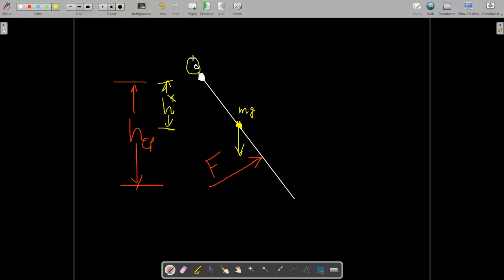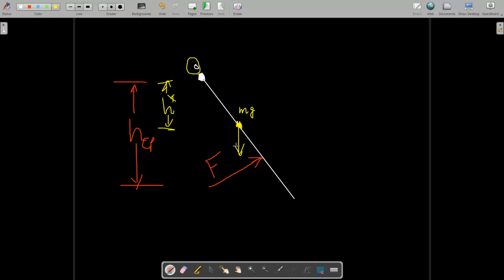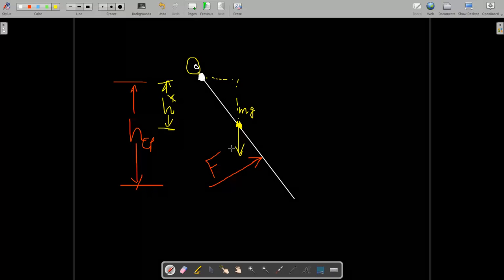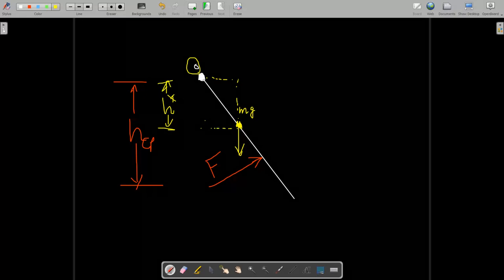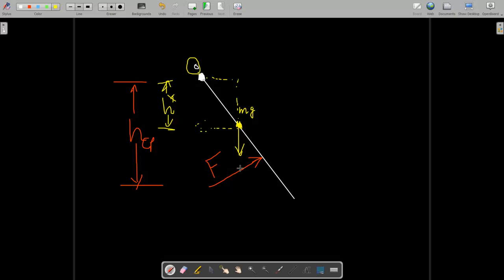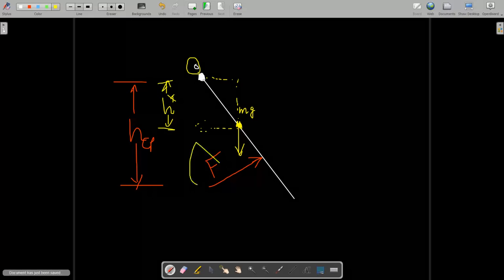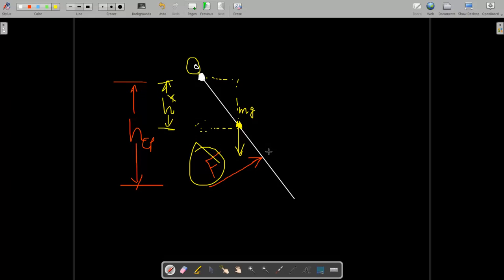Okay, so we have to solve this problem by the moment equation, but before that we have to find this height, because what we have to do is take the mg component perpendicular to O. Okay, like this, mg into this perpendicular distance, or the component of mg in the horizontal direction, perpendicular to h, and we have to equate it with this hydrostatic force F. Now first of all we will find this height.